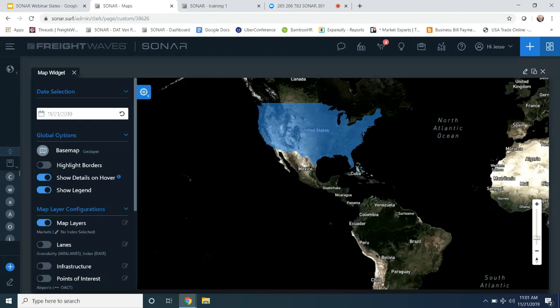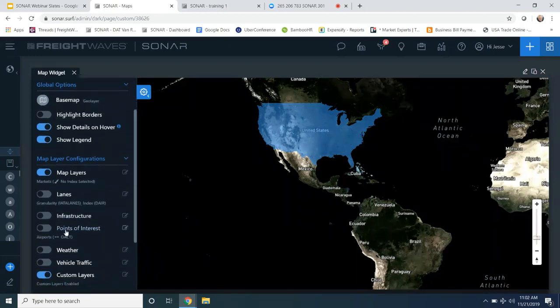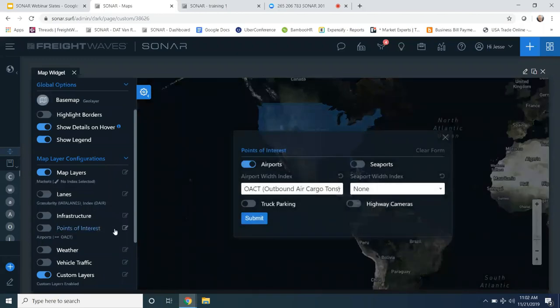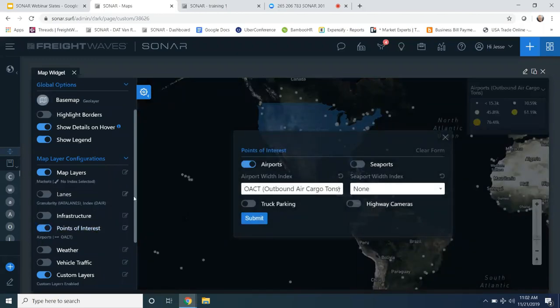And what we're going to bring up initially are the airports. And down here on the left, going to points of interest. It's clicking a little bit slow this morning, but you can see we've got airports and seaports. You want to toggle into the airports. We already have selected the OACT, which is our outbound air cargo tons. That's metric tons per week of capacity that is available out of each airport. We have other metrics as well, but what we've selected here is the OACT, the outbound air cargo tons metric,